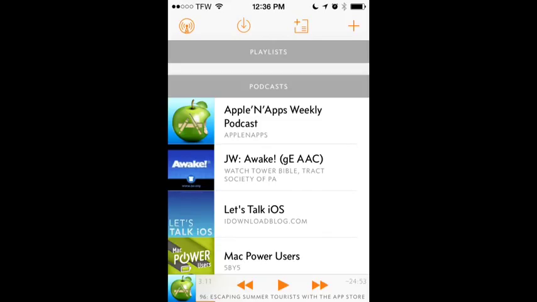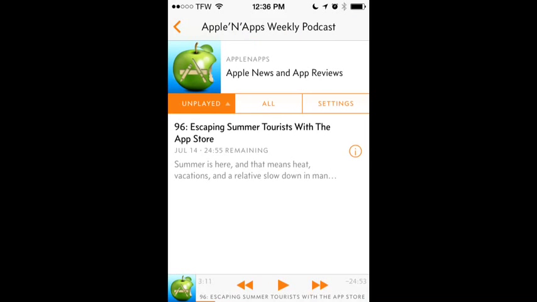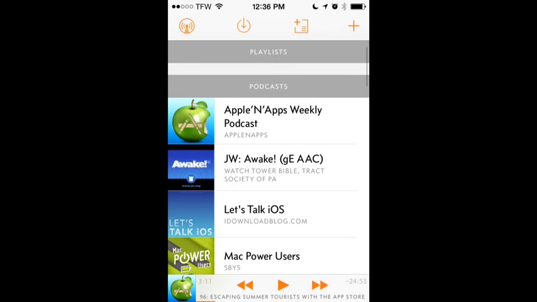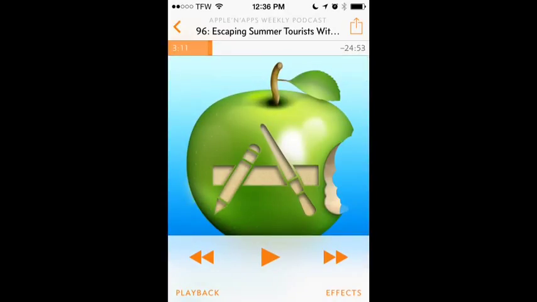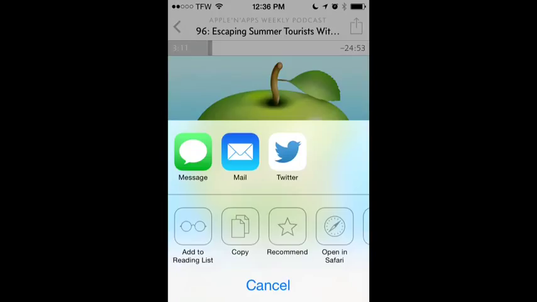Now if we want more control over what we're currently listening to, we can just tap on the podcast itself here, giving us some more information. We can go back, or we can just tap on the icon of that now playing bar at the bottom. So we'll tap on that. You can see our album artwork came up beautifully. We can see where we are in the podcast. We've got simple controls available, and we've also got the ability to share this episode in the upper right hand corner. You can share it with a message, email, or even to different social networks that you might be a